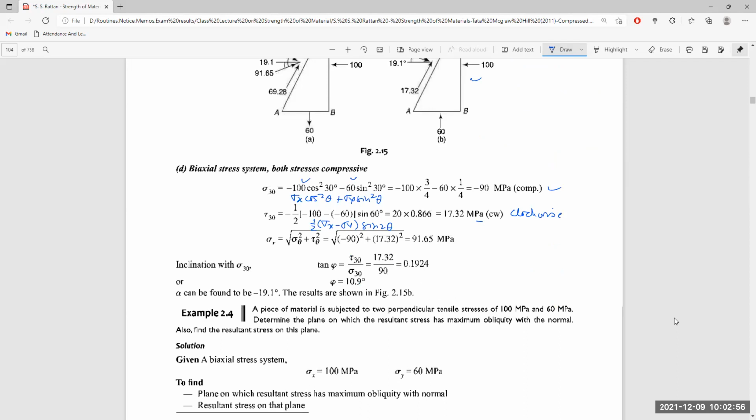So we have cleared all these four problems, where the input stresses sigma x and sigma y are either compressive or tensile in nature, or compressive and tensile in alternate order. The angle between sigma x and the normal is theta, which is equal to 30 degrees always. We have to calculate the value of the resultant stress as well as the inclination with sigma x, by this equation, for all these four cases. Let us go for the next problem.